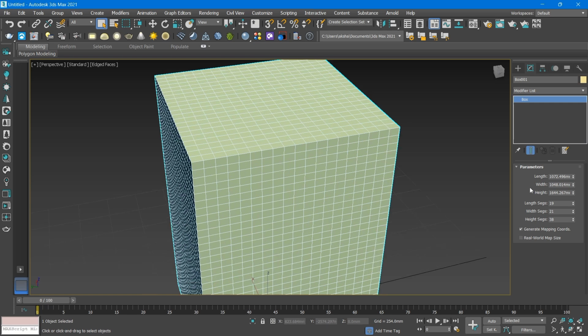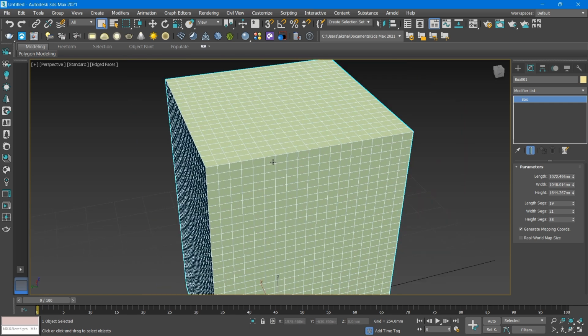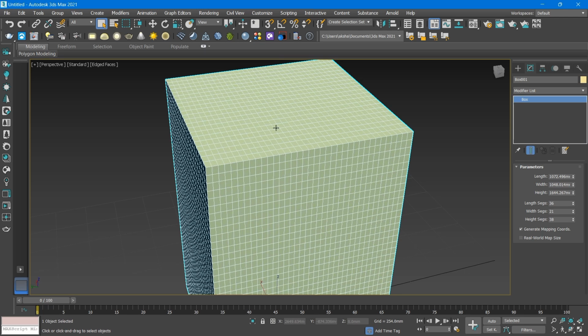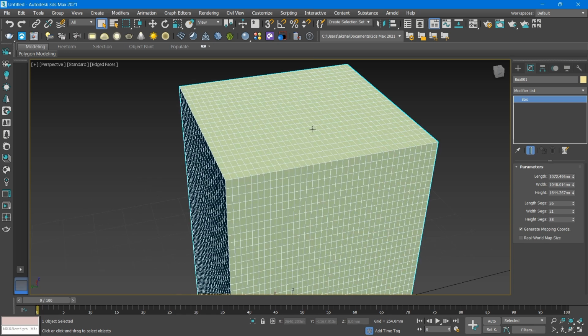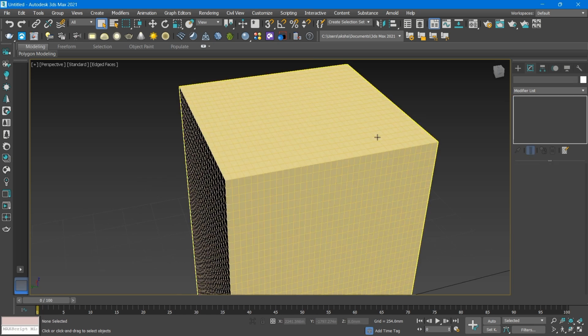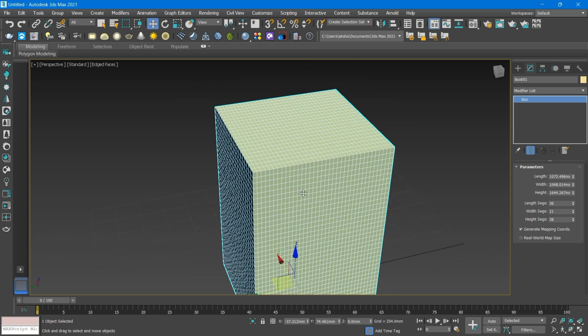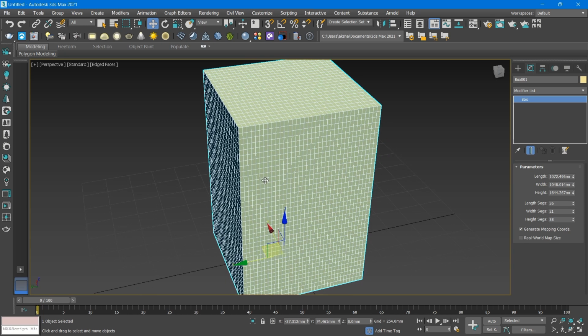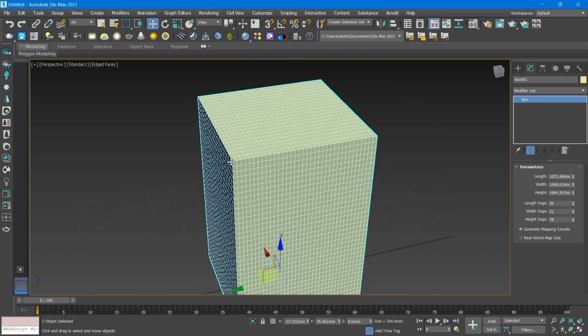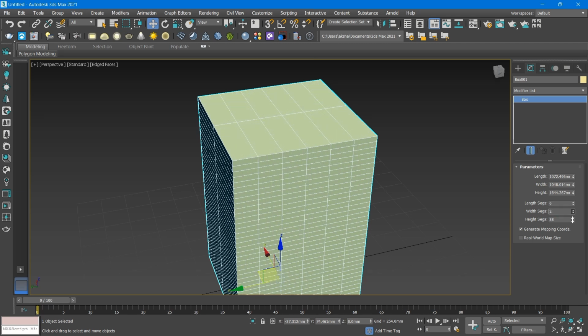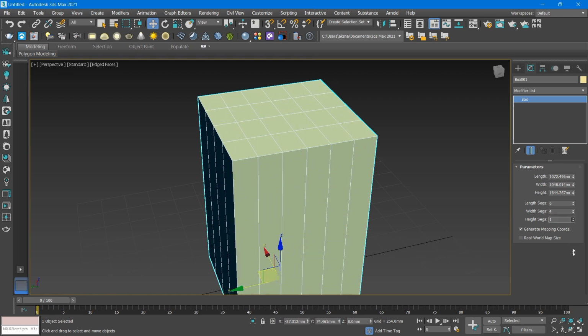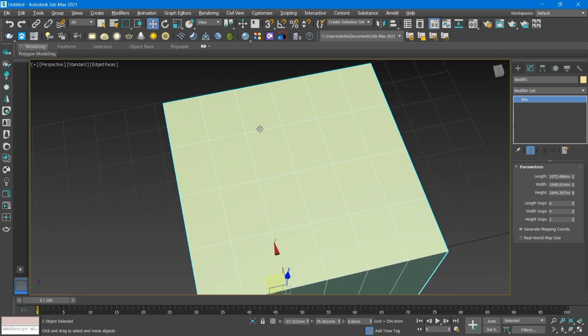If you increase the number of segments in any object, the object becomes smoother and it becomes easy for you to modify it further. For example, if I decrease its segments like this, if I keep only these segments,